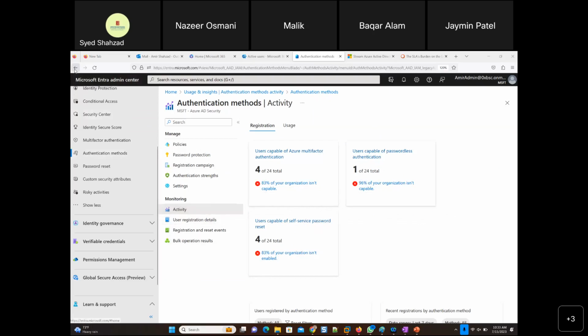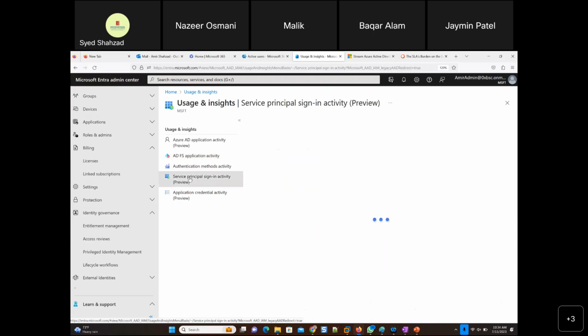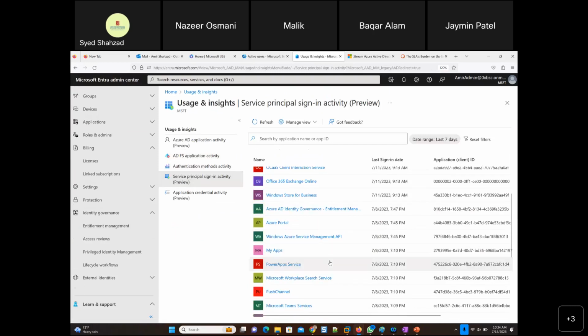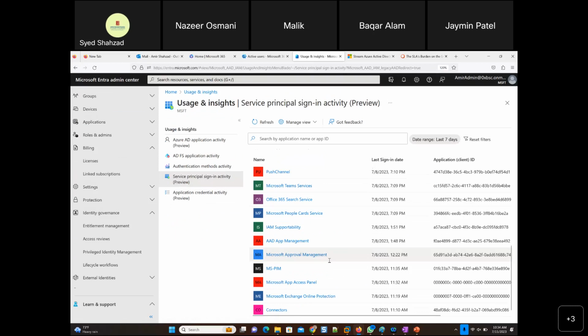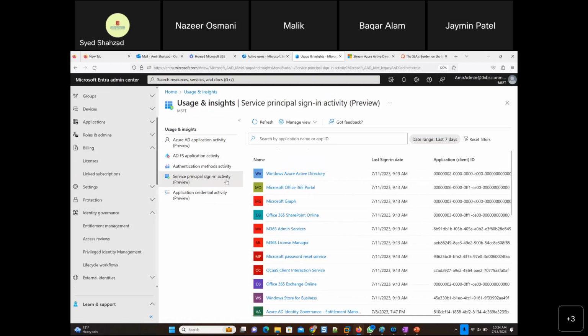So I'm just going to go back here. So this is authentication methods activity. Then there is service principal sign-in activity. Now this is important. We haven't configured much here, or automatically whatever is configured by Azure Active Directory is showing here. But I have discussed that already, service principal in